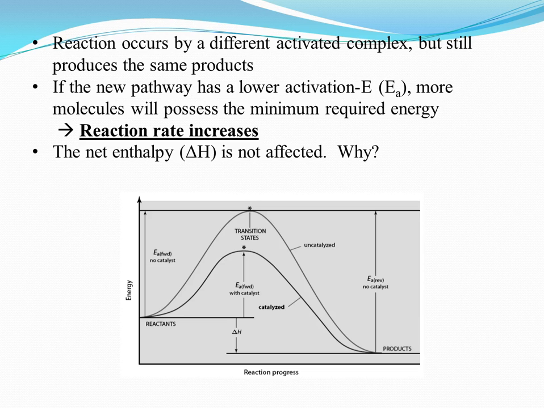This diagram shows how the potential energy diagram is changed when a catalyst is used. The only part of the potential energy diagram that is changed is the activation energy, or the size of the energy peak of the transition state. Notice how the net enthalpy of the reaction remains unchanged. Why do you think this is? It's because the reaction has exactly the same